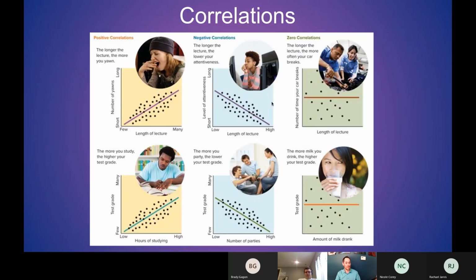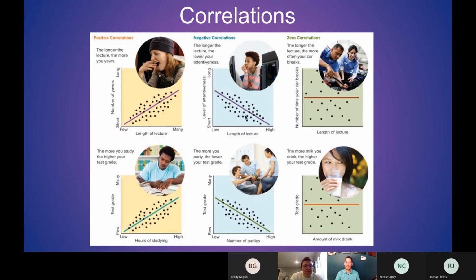So some other examples, and again, some of these are causal examples, so one is causing the other thing. Correlations don't tell us if there is a cause, though. So here's an example of a negative correlation. So level of attentiveness, high level of attentiveness, and then the length of a lecture. So your level of attentiveness is higher when a lecture is shorter, versus if the lecture is very long, your